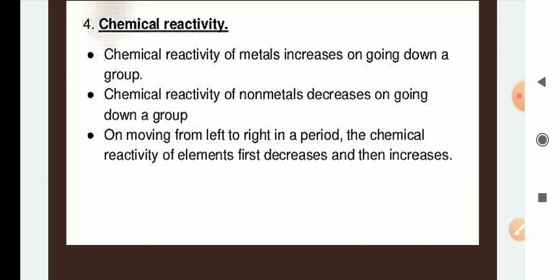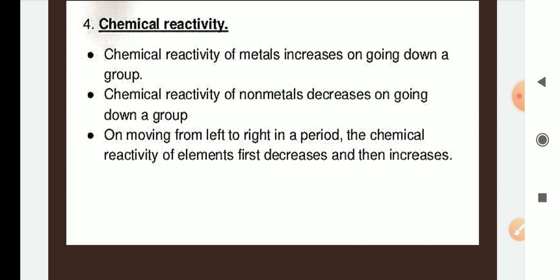So if you consider the non-metallic character in period 2, you will see that lithium is a metal, so lithium is showing the least, no non-metallic character. So lithium is less than beryllium, less than boron, less than carbon, less than nitrogen, less than oxygen, less than fluorine. If you move down from top to bottom in a group, non-metallic character decreases because atomic size increases. So non-metallic character will be increased and atomic size will be increasing.